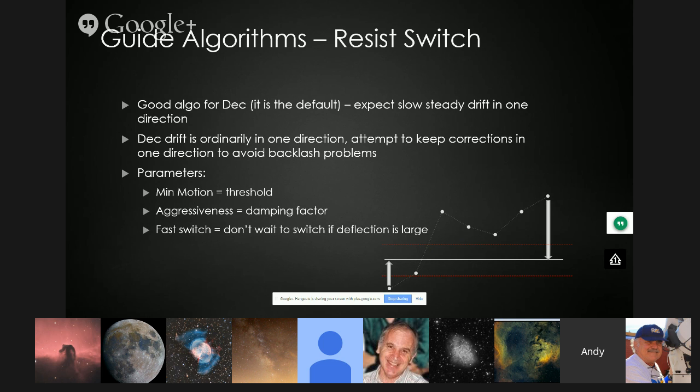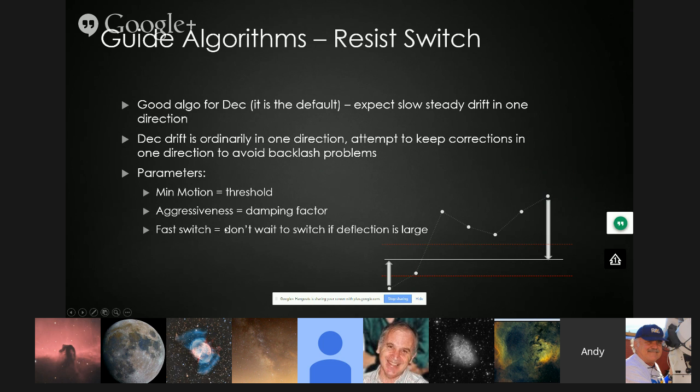So we want to apply slow, steady corrections in one direction, and resist switch will automatically detect which direction the corrections are going in and try not to reverse direction. Again, we have a minimum motion threshold, which is very important. The guiding assistant will give you a recommendation for where to set that based on your seeing fluctuations. We have an aggressiveness or damping factor,